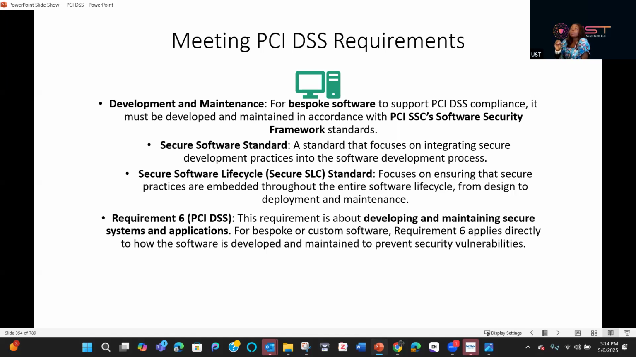First, for bespoke software to support PCI DSS requirements, it must be developed and maintained in accordance with the PCI DSS software security framework standards, right? Even though it must have gone through the validation processes, that doesn't automatically make it compliant with PCI DSS. What happens to the configuration and implementation settings? There is a standard that focuses on integrating secure development practices into the software development process, known as the secure software standard. We also have the secure software lifecycle standard that focuses on ensuring that secure